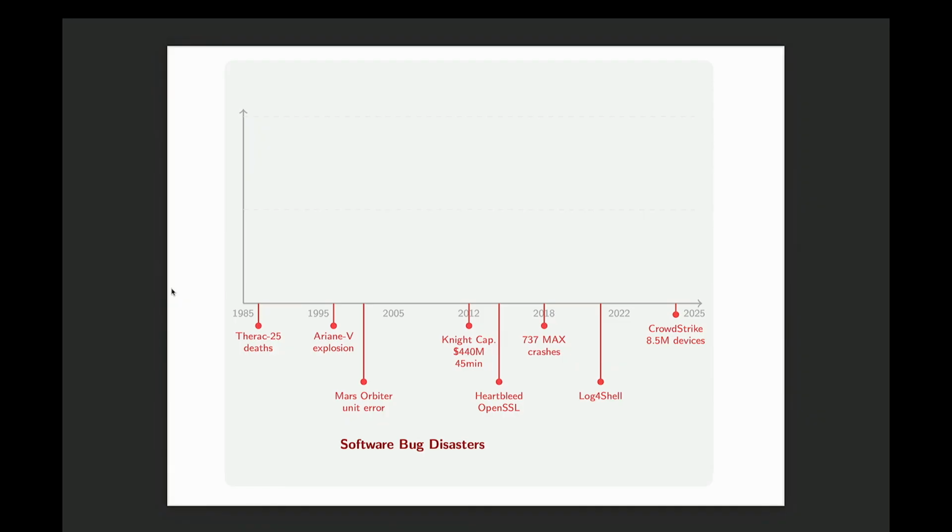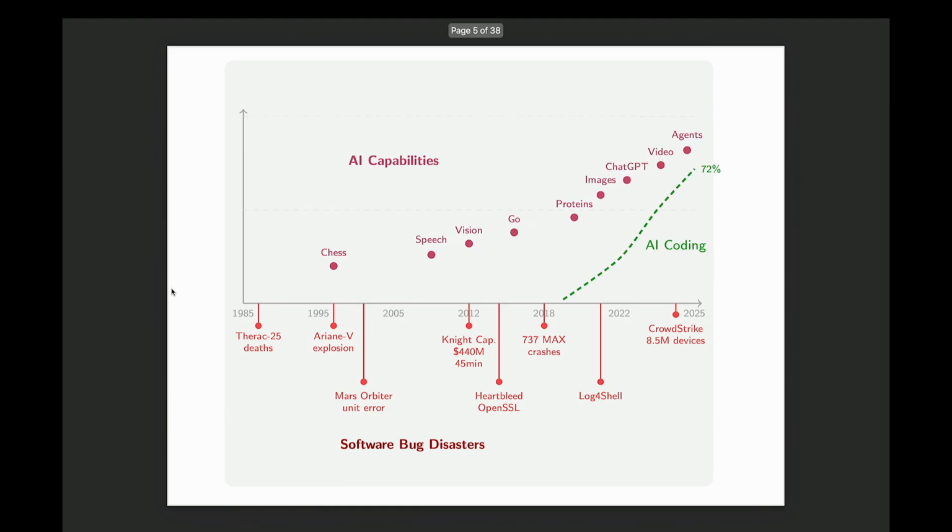At the same time, we have AI capabilities going, and we get better and better AI at various well-defined problems. But recently AI is being used for everything: coding, ChatGPT, video agents. So that might multiply our problems. The question is, how can we control this kind of AI?